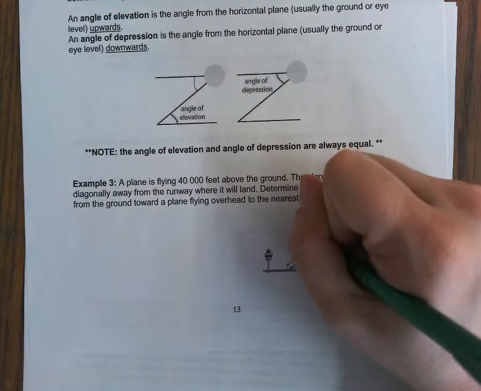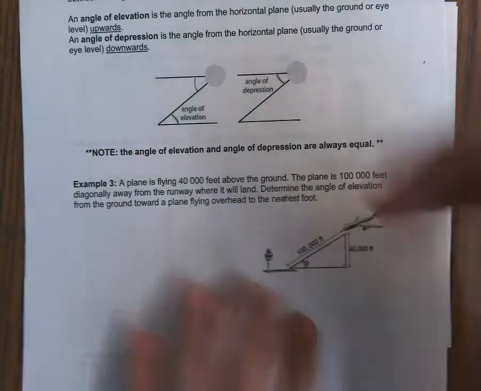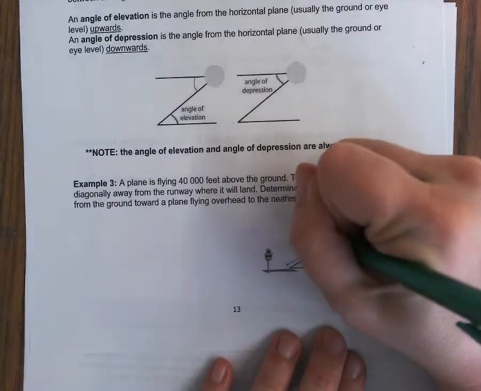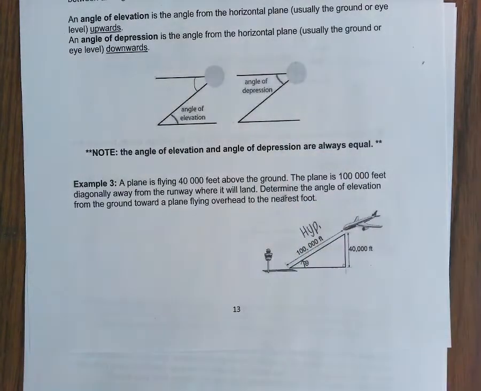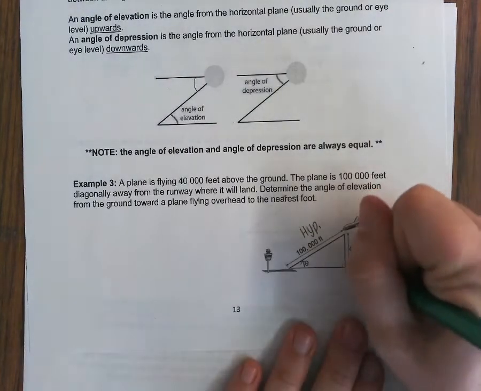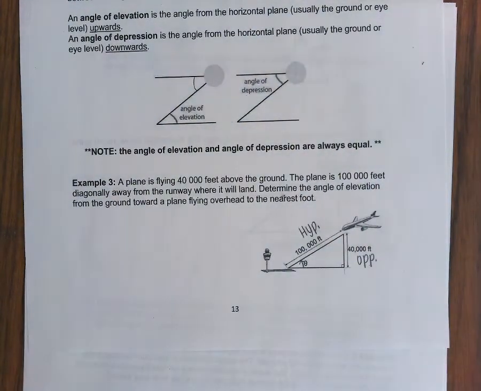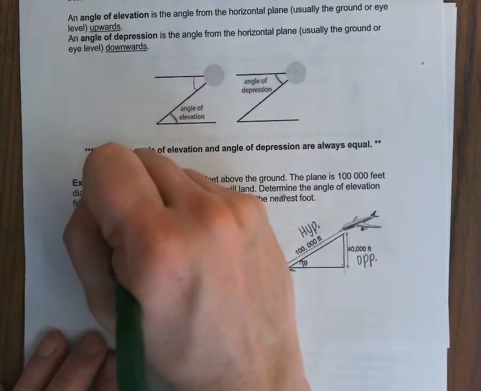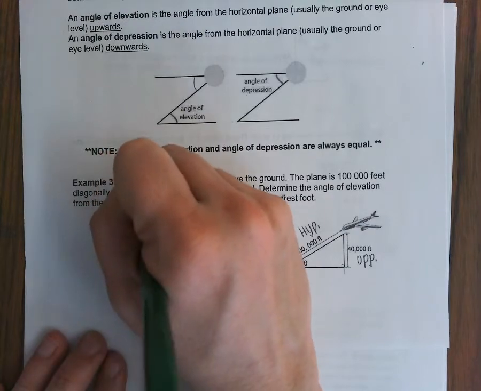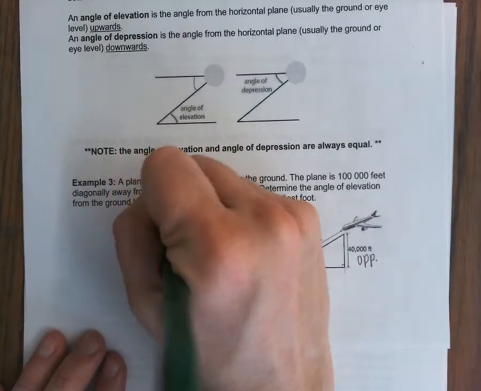Again, the easiest one is the hypotenuse. And the other side we know is across from this angle, which is the opposite. And the trig ratio that uses opposite and hypotenuse is sine. So sine theta equals opposite over hypotenuse,